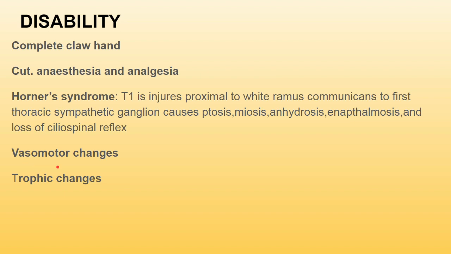Now the vasomotor changes. Here arteriolar dilation of your skin occurs, and because of this dilation your skin becomes warmer, and the skin also becomes dry because of the loss of the sympathetic action, the sympathetic reflex that causes sweating, right? So these are the vasomotor changes. What are trophic changes? Trophic changes mainly involve atrophy of the pulp of your nails and fingers, and because of it the nails crack, and the skin becomes dry and scaly. So in vasomotor changes there is loss of sweat formation and the skin becomes warmer, and in trophic changes the nails crack because of atrophy of the finger pulp, and the skin becomes dry and scaly.